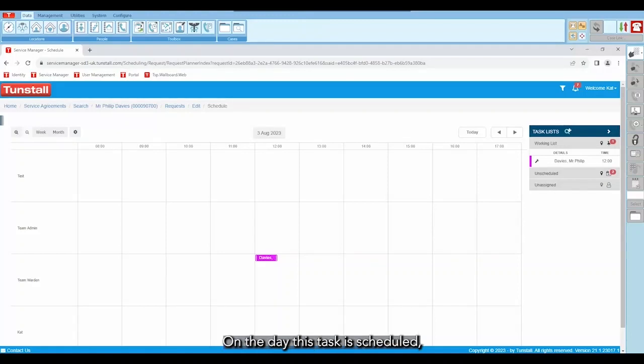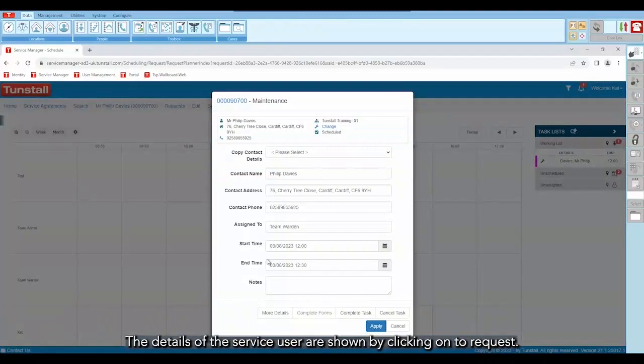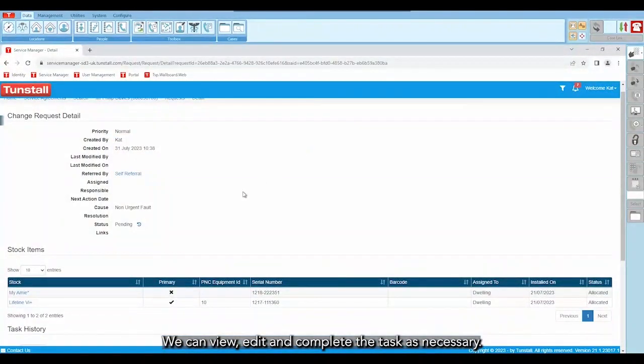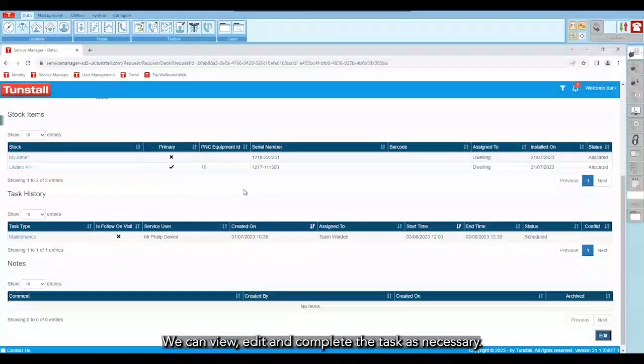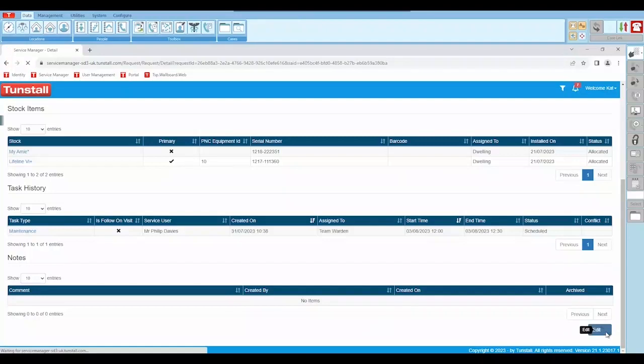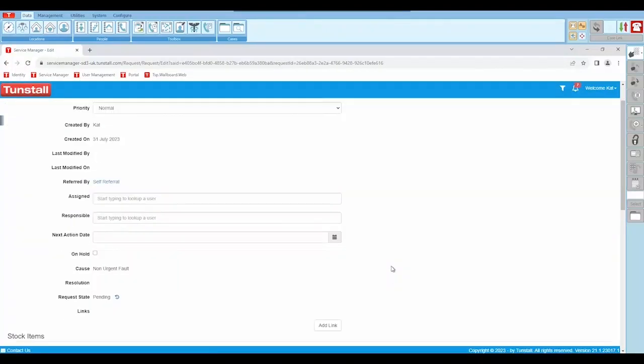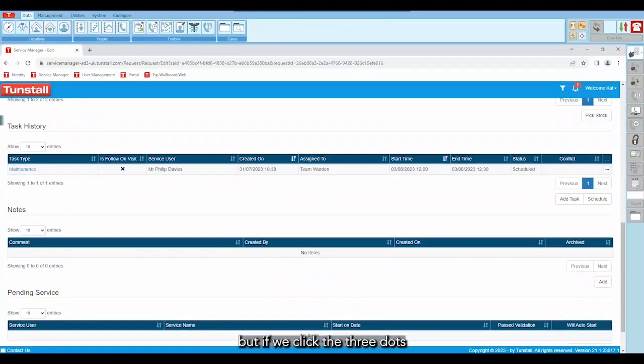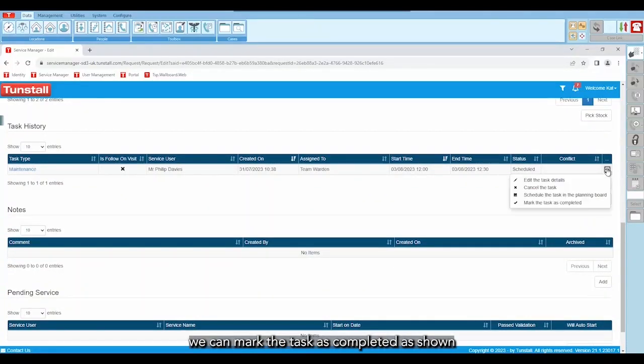On the day this task is scheduled, the warden can double-click to open the task. The details of the service user are shown. By clicking onto Request, we can view, edit, and complete the task as necessary. The task status is showing as scheduled, but if we click the three dots, we can mark the task as